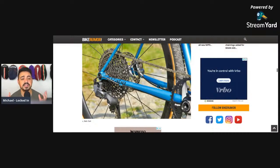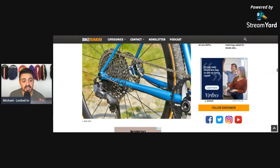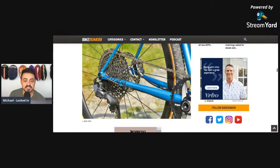So my initial thoughts are, if you've watched my Cobalt Warhawk Monster Gravel build series, I took a regular Apex 1 derailleur and added the Garber cage, which is rated for a 50 tooth capacity. The new GX line and up from SRAM is going to have the capacity for a 52 cassette, because obviously Shimano came out with a 51, so they had to come out with a 52. With the amount of B limit that I have left, what I'm going to initially try is to swap the ratcheting mechanism in the Cobalt Warhawk, get that to 12 speed, then get a 12 speed 10 to 52 cassette, and see if I can use that with my Garber